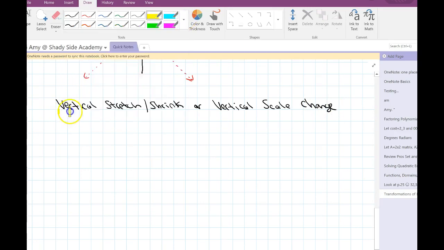All right, so let me show you the transformation. Let's write it down first. This transformation says that if you are given f of x, okay, and if I multiply f of x, which is y, by the way, right? If I multiply y by some constant, okay, this will vertically